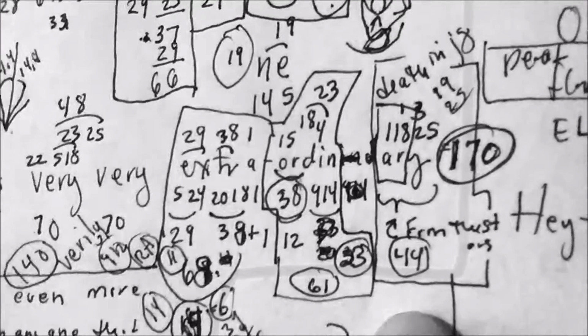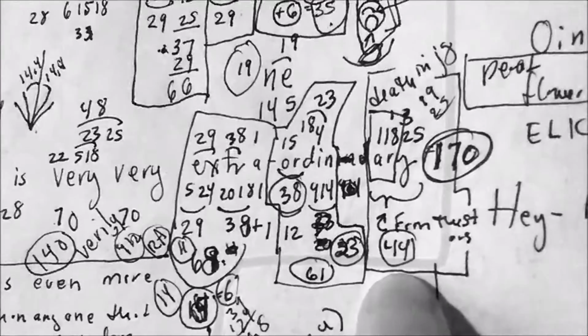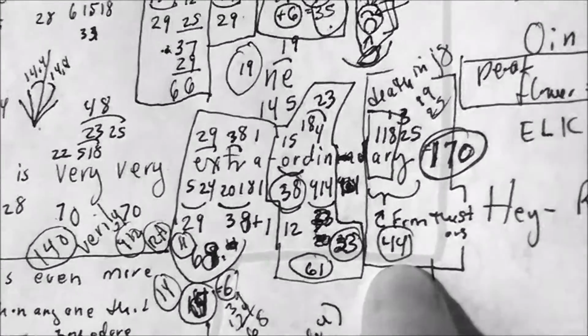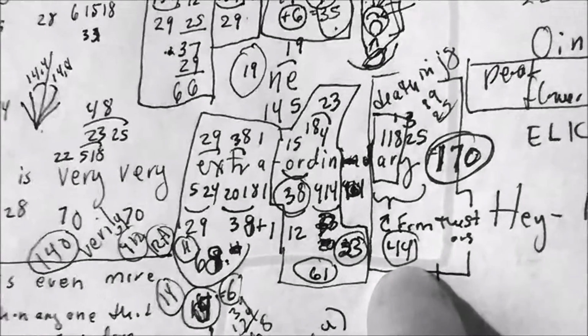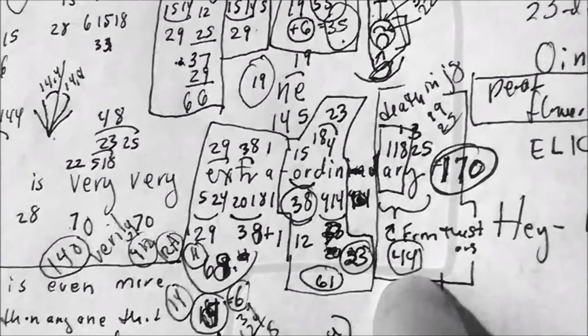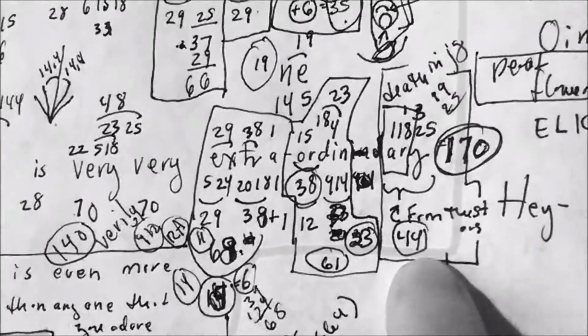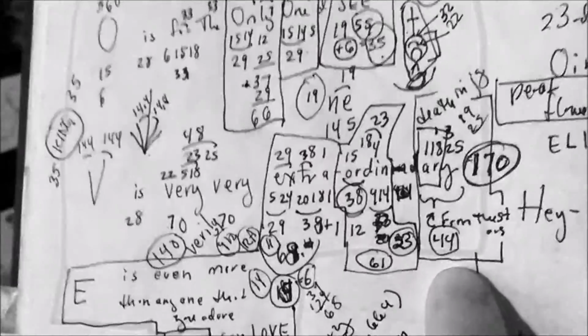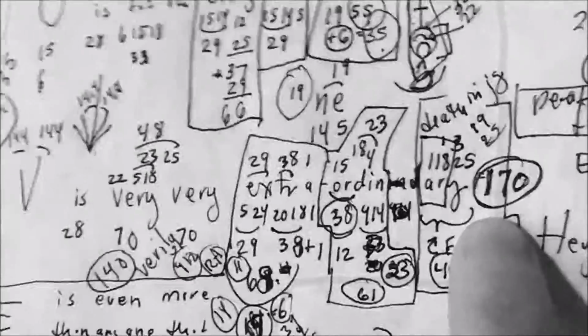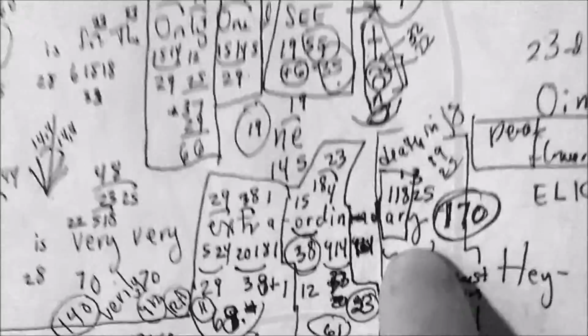But it does add up to 8. And 8 is the Ogdoad. It's the perfection of opposites, the Christ number. The whole thing here is just extraordinary, unless I did my math wrong.